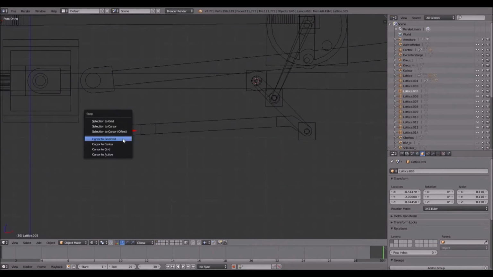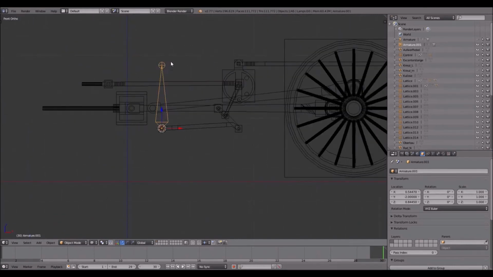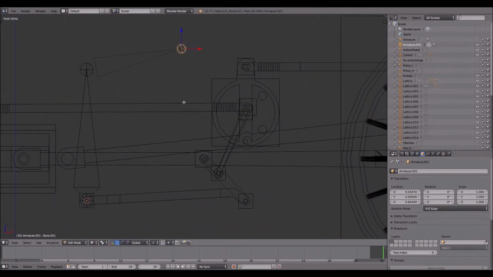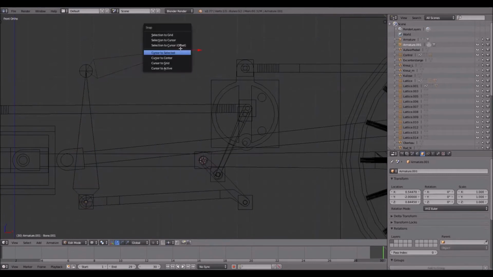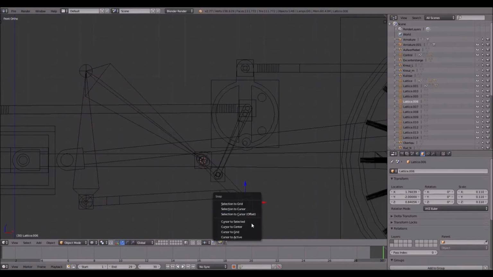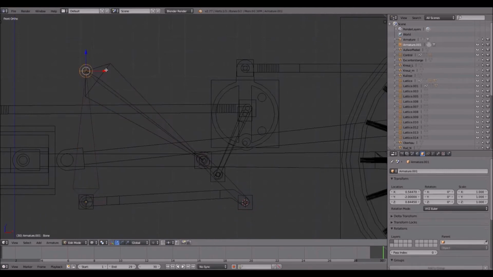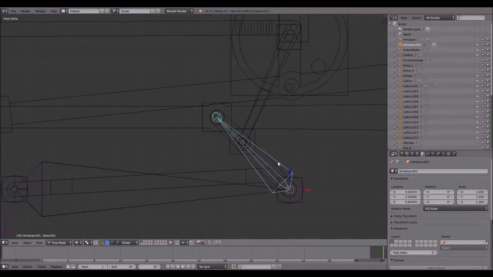So go over here, Shift S, cursor to selected, Shift A, armature single bone, and in edit mode, extrude. Leave edit mode, select this lattice, cursor to selected, edit mode, Shift S, selection to cursor. I really hope that you can follow what I'm doing here, but it's basically always the same. I select a lattice, enter edit mode, select the point that should go over there, Shift S, selection to cursor, and that's it. So next thing is enter pose mode again, select this